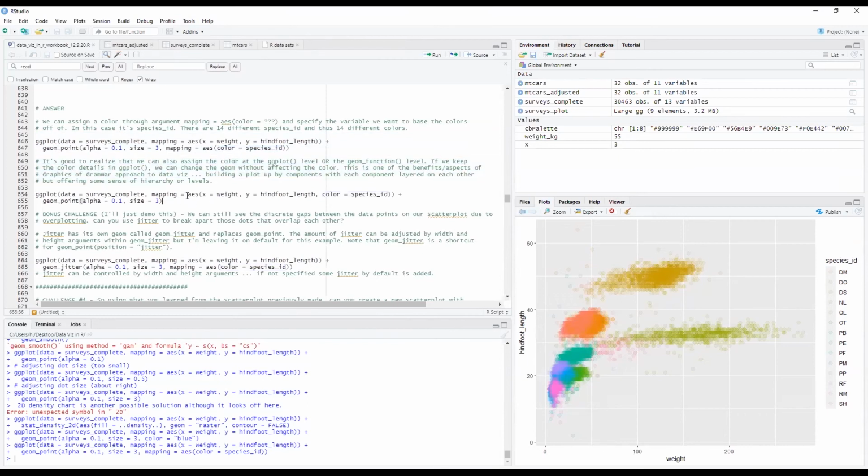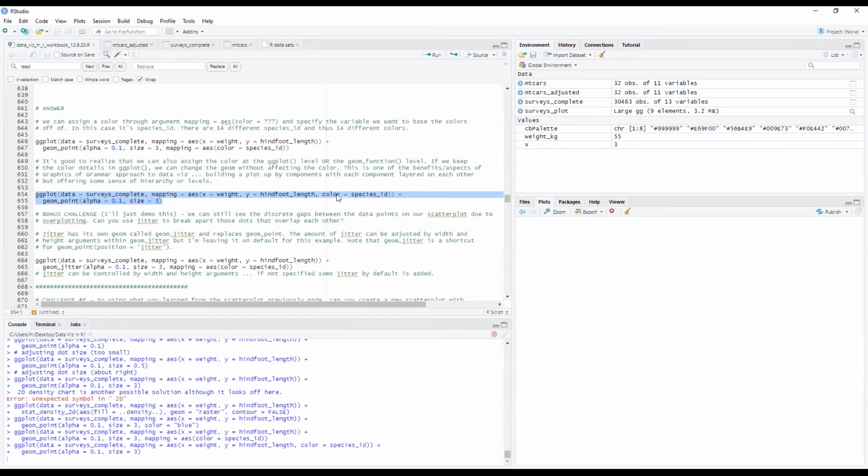Another thing that's really good to notice here is that this species ID color option, I can put it in the geom point function, or I can just bump it up into the ggplot function as well. Right now it is an argument within the geom point function, but I can actually put it in the ggplot function as well, in the second example here.